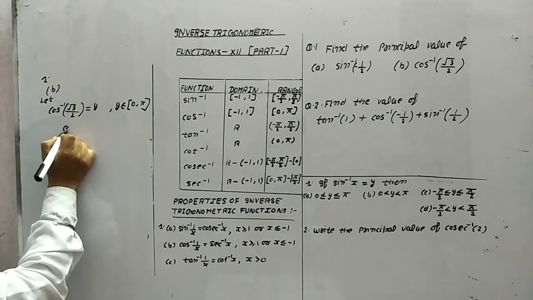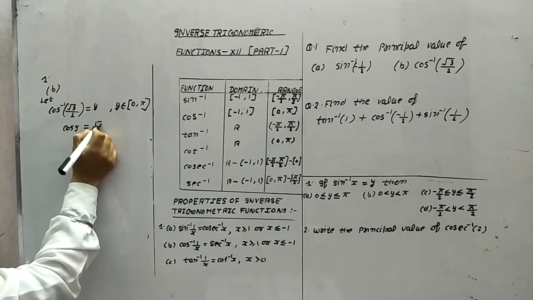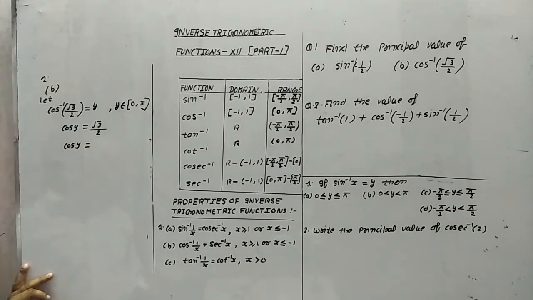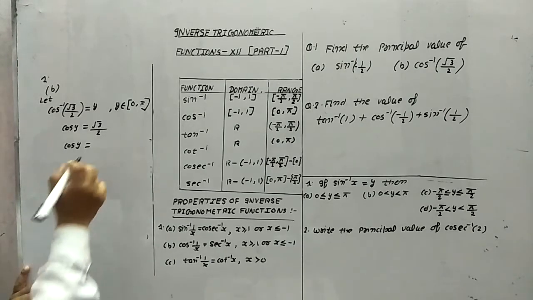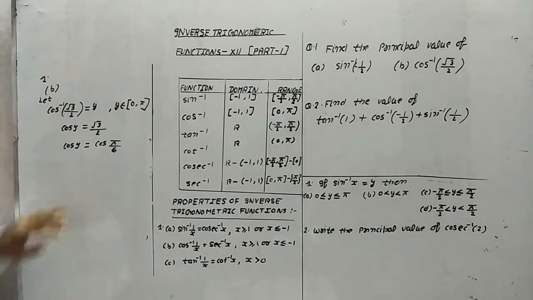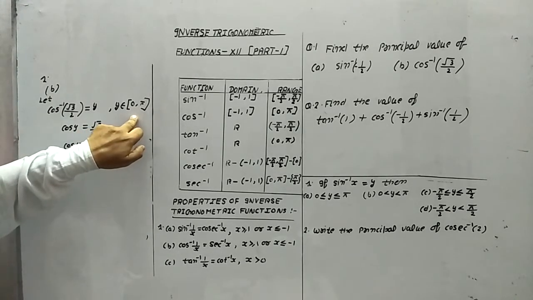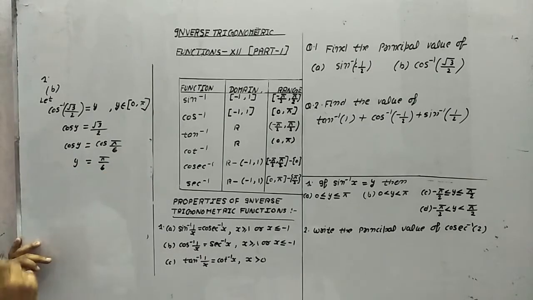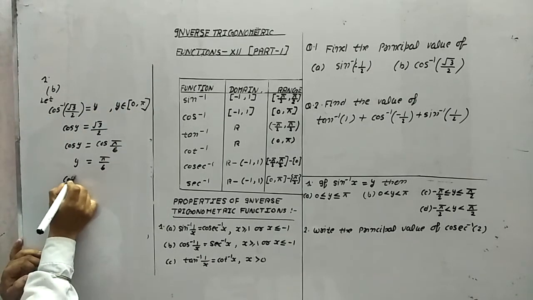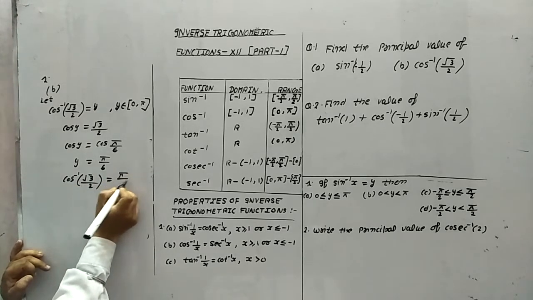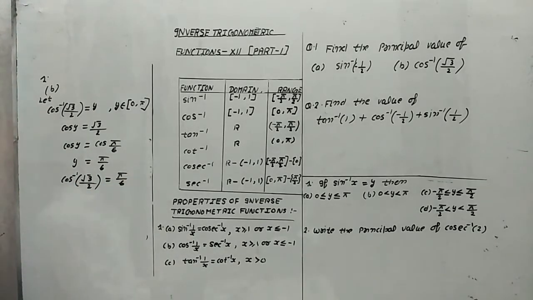Now this cos inverse will go to the other side, so it becomes cos y. cos y is equals to √3/2. You know very well cos y is equals to √3/2. √3/2 is coming in case of cos, but it is when it is coming cos π/6. It means see, π/6 is already coming in between 0 to pi, that's why y is equals to π/6, and y is already cos inverse √3/2, that is why this is equals to π/6.